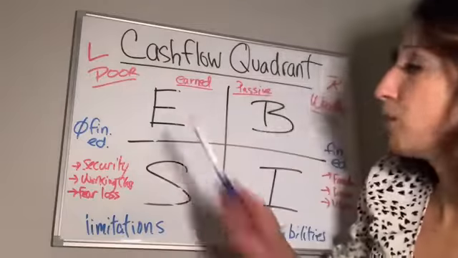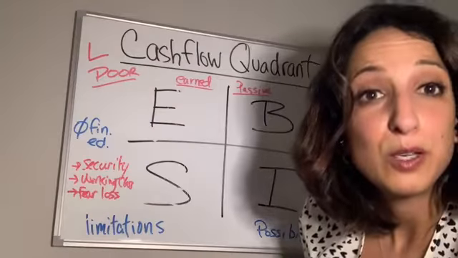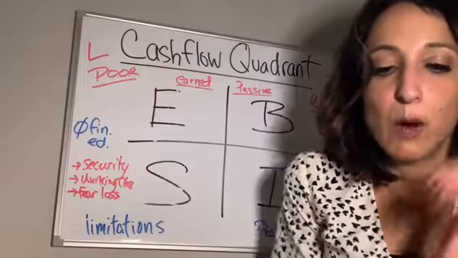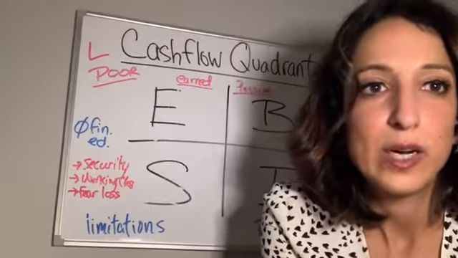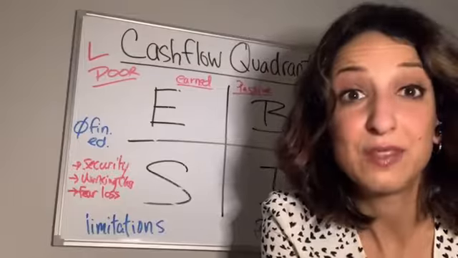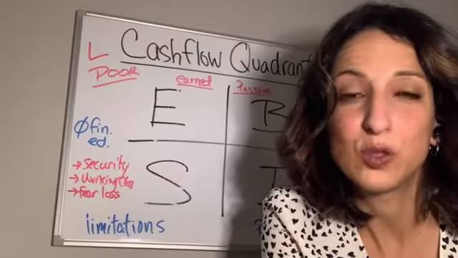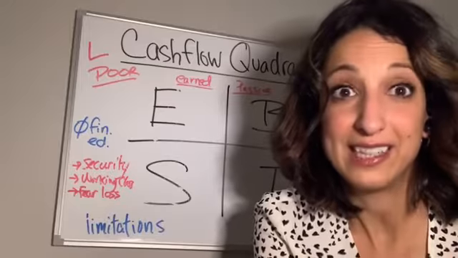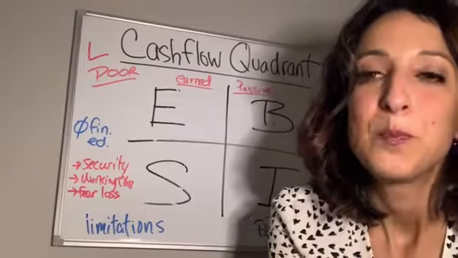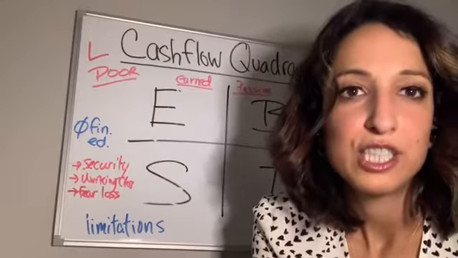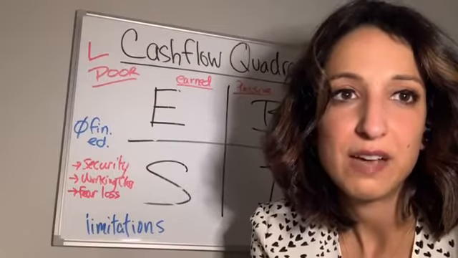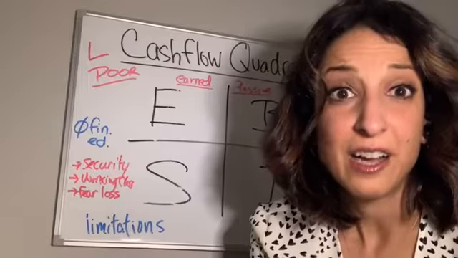This is where most people fall. Most people are employees. I actually Googled last night because Robert Kiyosaki's book is quite dated. It's still very good though, because he makes a lot of references to 2020 and the changes that he anticipates, and a lot of them you can see now, and it's kind of mind blowing. But I Googled, what is the average Canadian salary? And it came up that it was less than 55,000 a year. And it kind of blew my mind.